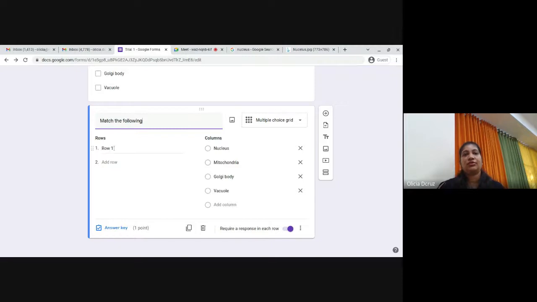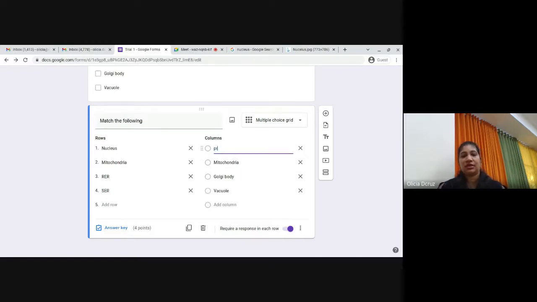Okay. In row one, I'm going to add nucleus. I'm going to add mitochondria. I'll add ER, endoplasmic reticulum. Let's make it RER. Okay, RER. And I'm making the fourth one as SER, that is smooth endoplasmic reticulum. Over here, I'm going to write down anything related to it.